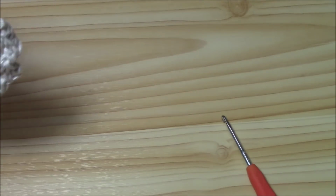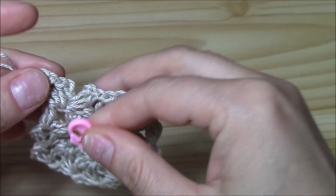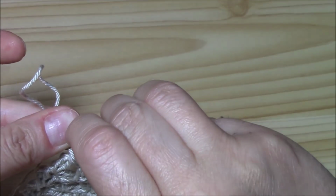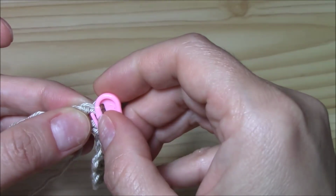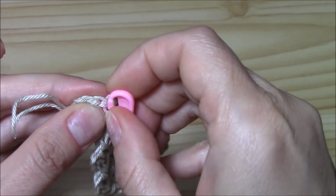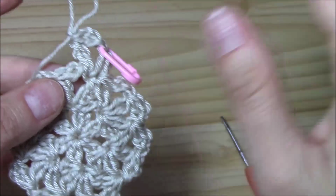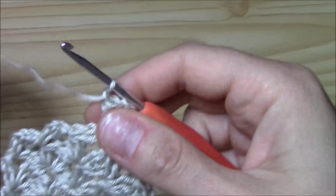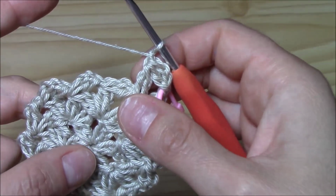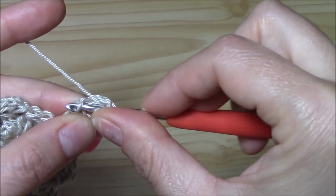And now I can put my marker, which is always on the top, into the chain of the first solitary cluster. And now I said 1 increase and 2 normal stitches, which means we will work 2